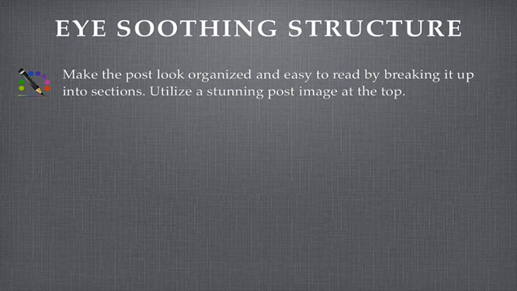And that starts with just making the post look good. Make it look organized and easy to read by breaking it up into sections. Now, a lot of this has to do with the specific blog theme that you're using. Some themes are a lot more eye-soothing than others. Some of them already have little features and little short codes and things for you to format your post nicely. And what I've found in my experience is that minimalist themes, meaning the less fancy schmancy stuff you've got going on in your theme, the more attractive they're going to be. They just seem to work better.